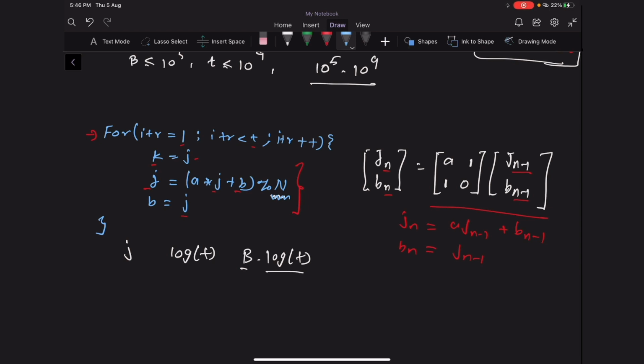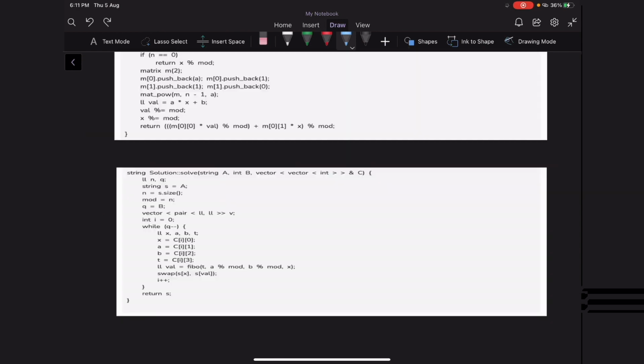Now let's go through the solution code once. So now let's look at the code. Here we are getting string a, integer variable v, and vector c as our arguments. Before moving forward with the solution, if you know how to use binary exponentiation to compute a big exponent of a number and for a matrix, it would be great.